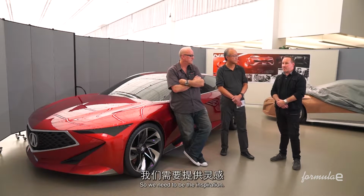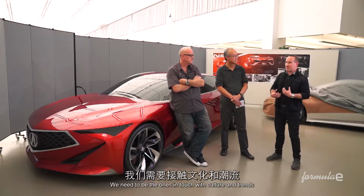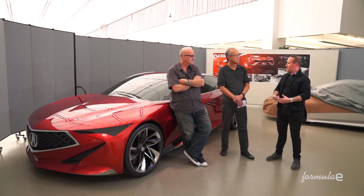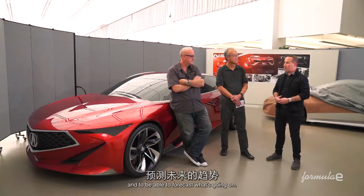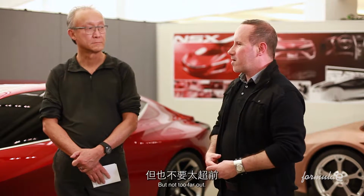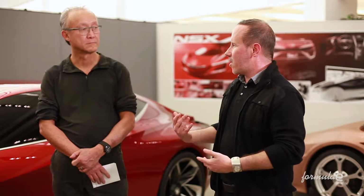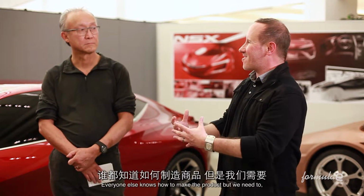Okay, so we need to be the inspiration. We need to be the ones in touch with culture and trends, and to be able to forecast what's going on, but not too far out, and sort of help guide the brand. Everyone else knows how to make the product, but we, as the designers, need to come up with what we should be investing our time and